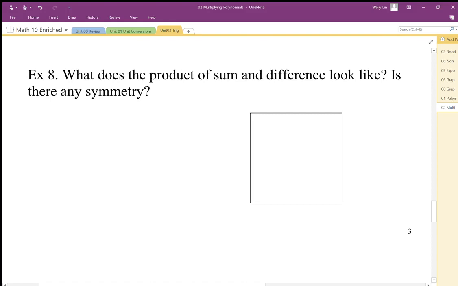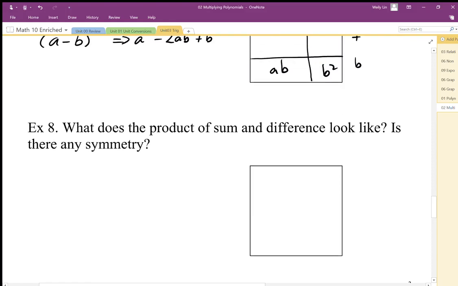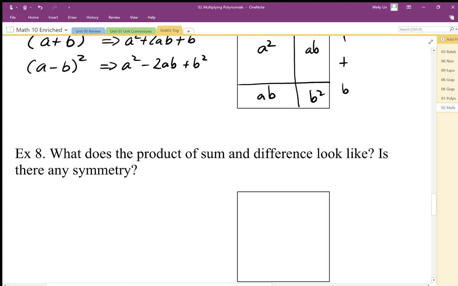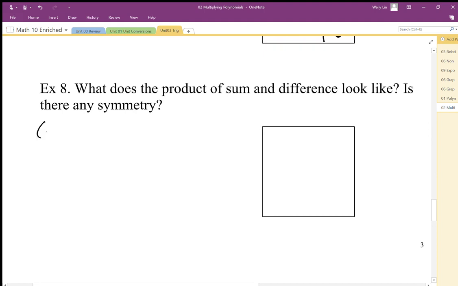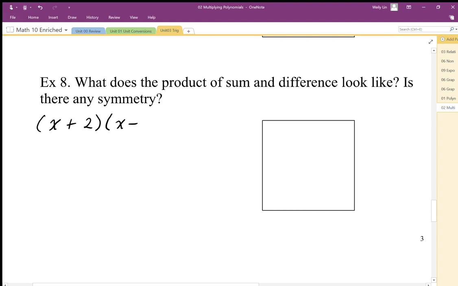So what does the product of sum and differences look like? Is there any symmetry? Yeah, there is. If I take the product of a sum and a difference, I end up with something like this. Let's start with x. Let's add some amount, let's say plus 2. And if I were to do x minus, I could do x minus. So to get a square here, well, I'm not going to get a square. So let's minus